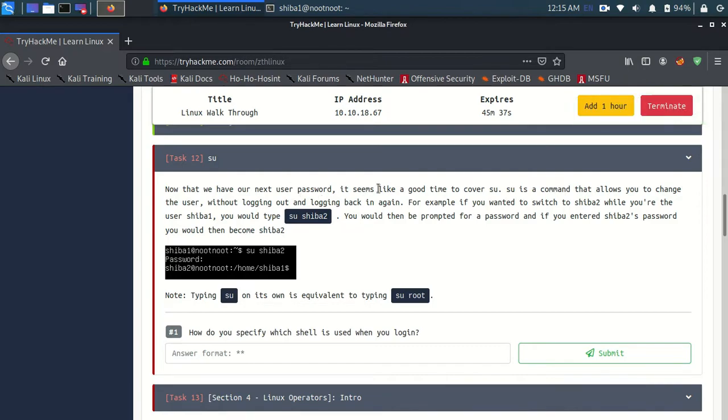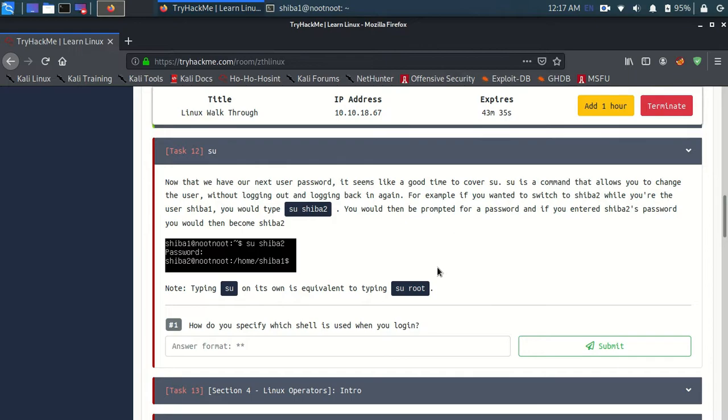SU. Now that we have the next user password, seems like a good time to cover SU. SU is a command that allows you to switch the user without logging out and logging in again, for example. Okay, how do you specify which shell to use when you log in?